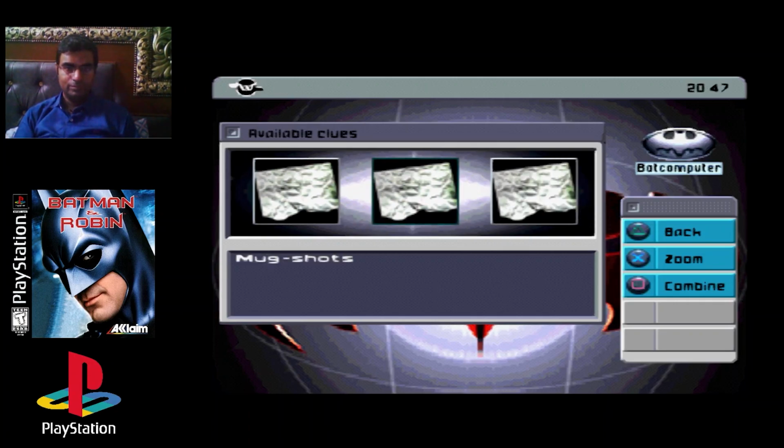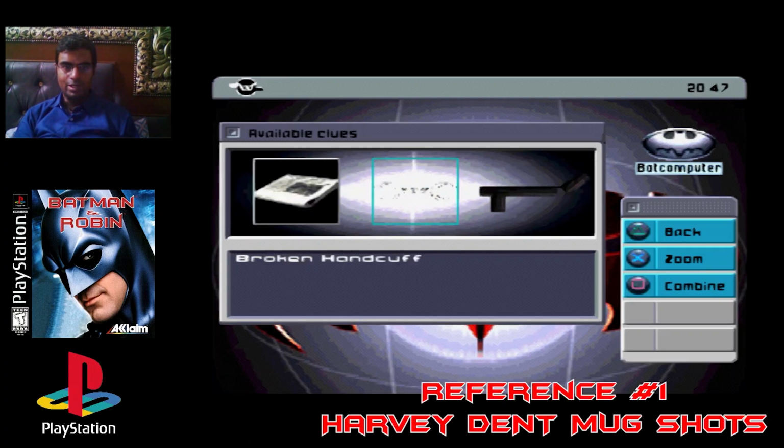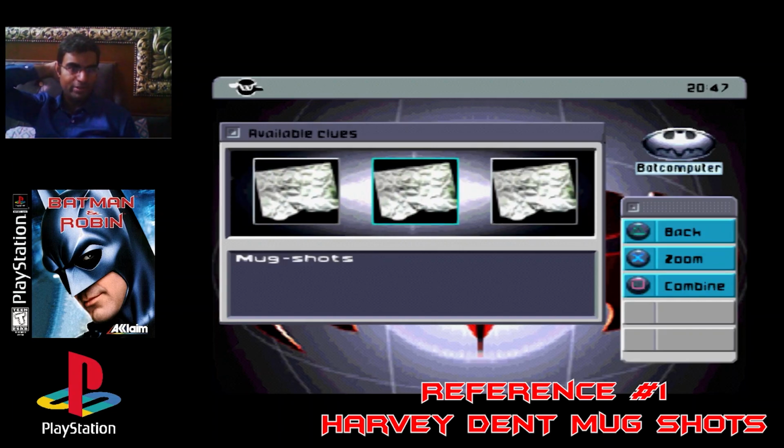So let's begin. As you can see, this is a clue. Basically, the first three references that I'm going to show you are included in this Bat Computer Console clue section. So here is the first one. This is called mugshots. As you can see, there are several clues, but this clue is related to the police headquarters location. That is the first area that you will go into on day 2. So let's open this mugshot,